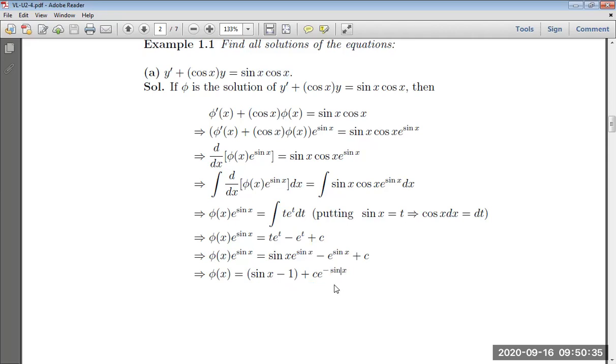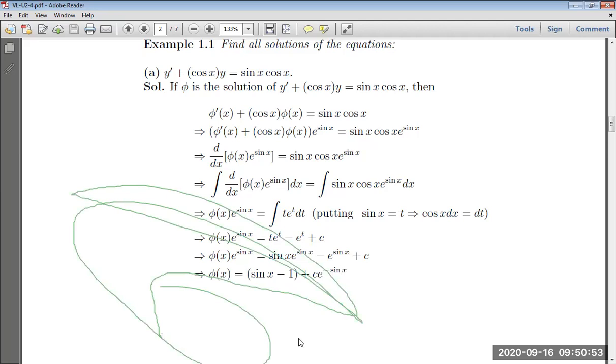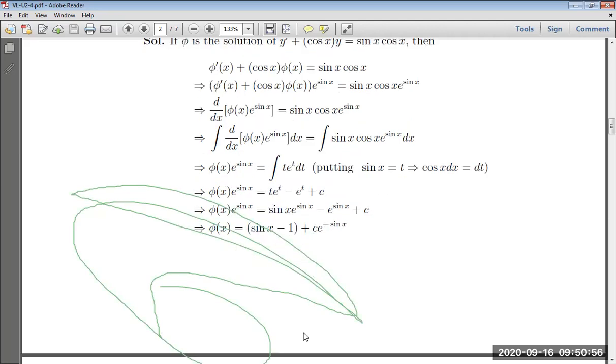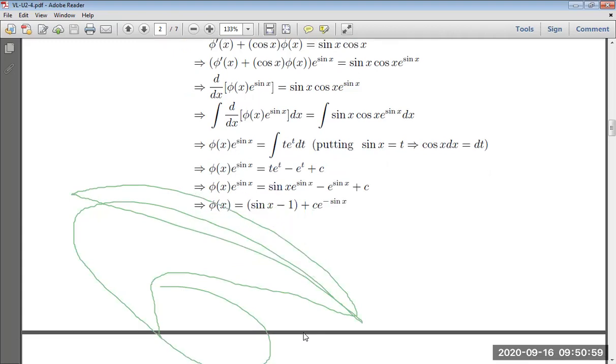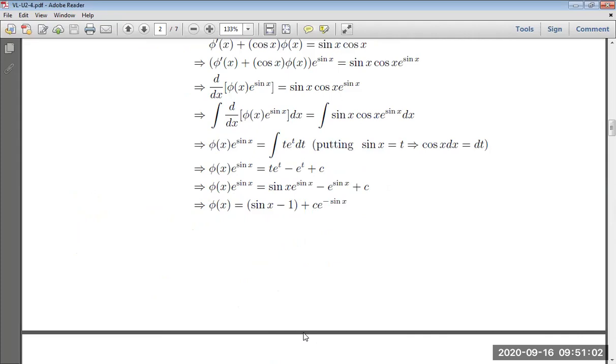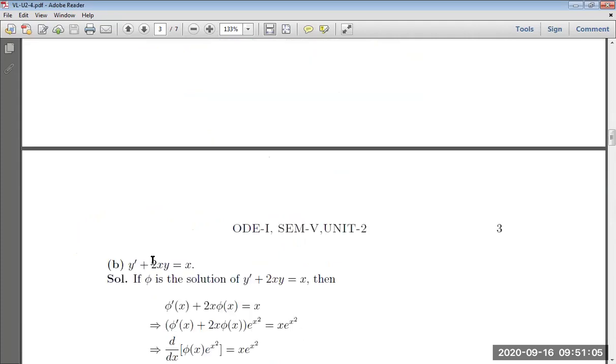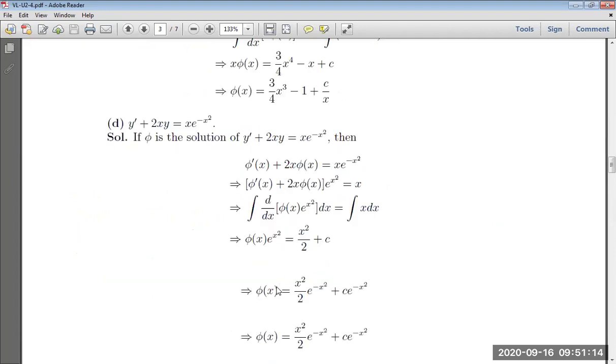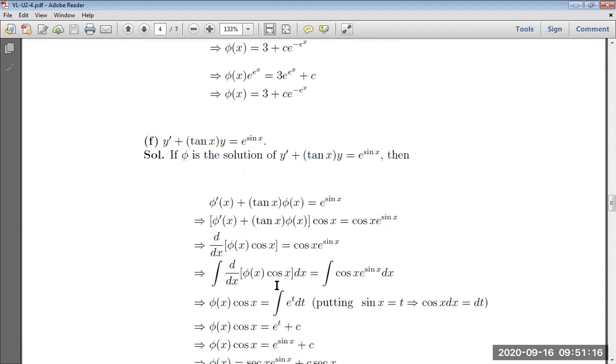Okay, so every solution of a general non-homogeneous differential equation, general means here we are taking the functions a of x and b of x as continuous functions, not constant. So here you will have such type of solution of the given non-homogeneous differential equation. Here also a of x and b of x is real. Okay. So let us come to initial value problems and boundary value problems too.